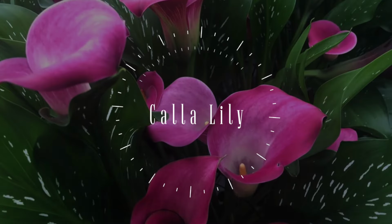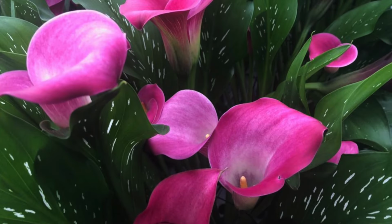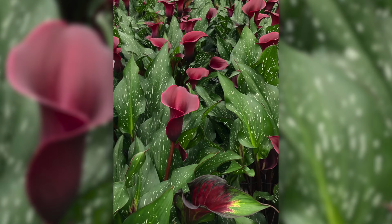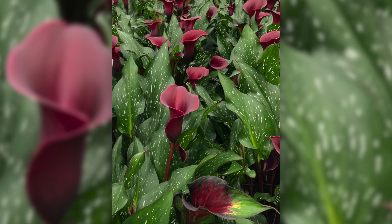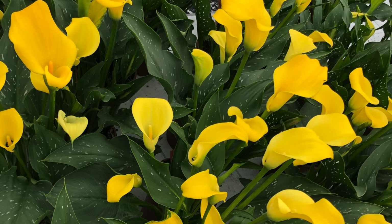Number 3 are Calla lilies, and these are a wonderful one because they don't get quite as tall as the last 2, so they don't require staking. They're great for containers, great for the edges of flower beds, and they have just a very clean, pleasing appearance to them. Their leaves are very glossy typically,